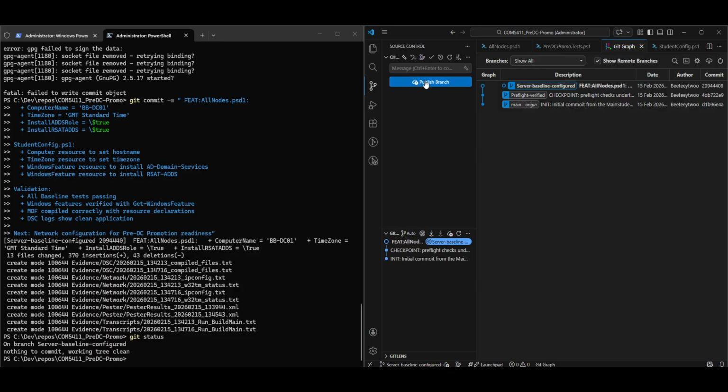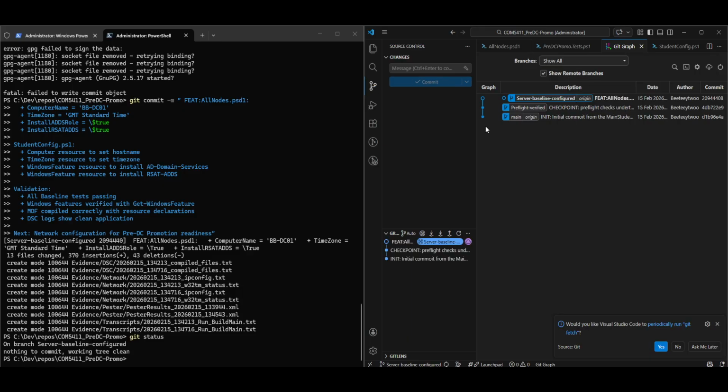There are some things we can't do inside of VS Code and some things we can, and we can publish the branch inside VS Code. This time I'll publish it using this. Commit, we can see that. Yes or no, it's up to you. I like to manually control it a little bit. But the other thing we can do now is bounce back out